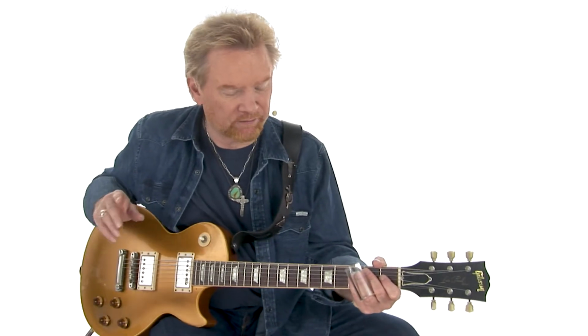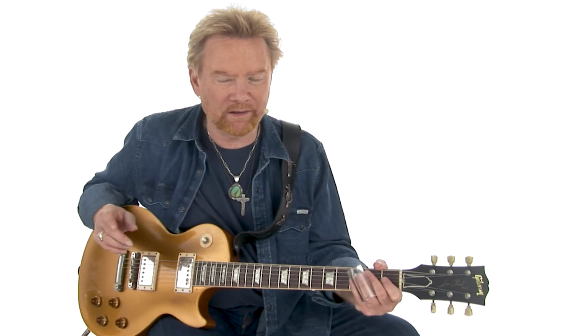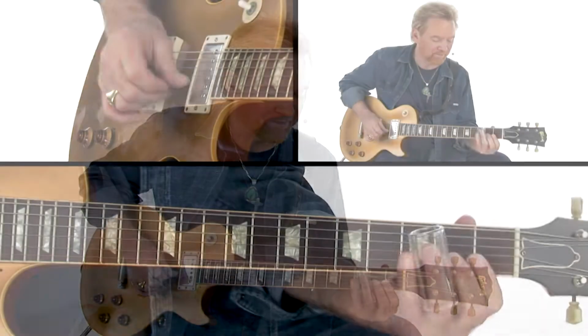Coming out of that first part of that section, we're going to go into, of course, the second part of that section. And I'm going to play basically the same thing, but not really, because, and this is a good lesson to learn, you can play the same notes twice and not repeat yourself, as long as your timing is a little different. So here we have...